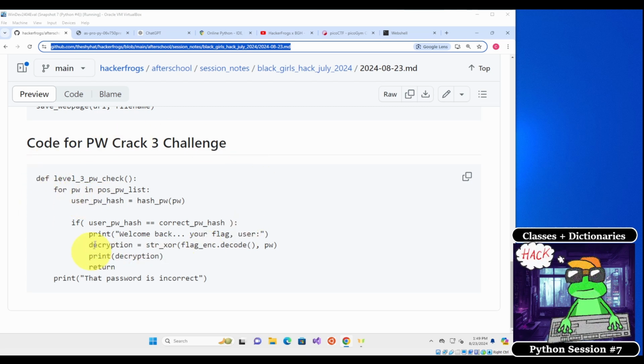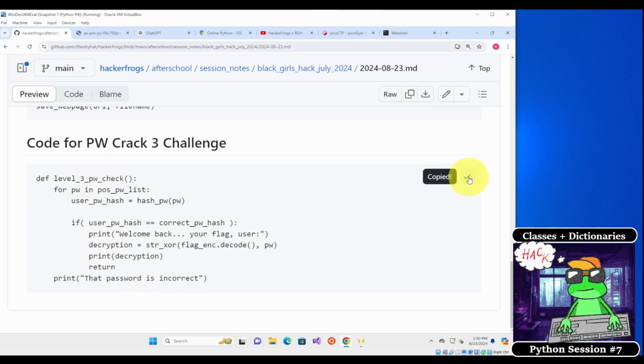So I want you to go over to this page, and there's this heading here, Code for TW Crack 3 Challenge. What I want you to do is click on this button right here, and that's going to copy the code. So after you've copied the code, go back over to your web shell,